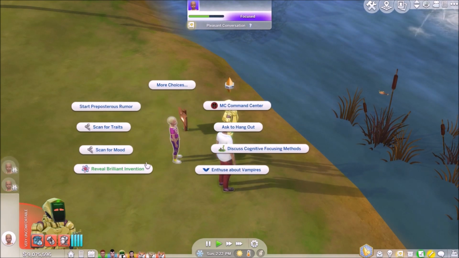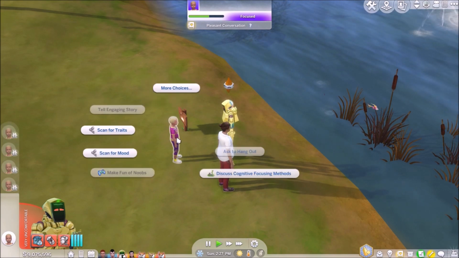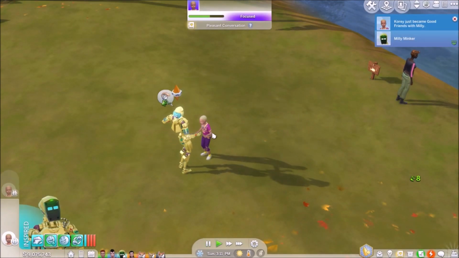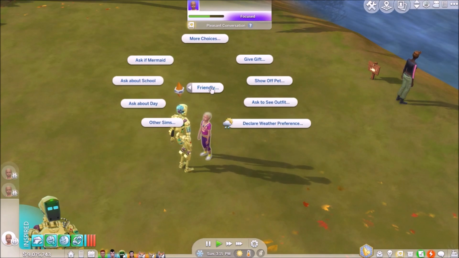Yeah, I don't know what that's about. Yeah, it's strange. I want to get the right height to take a picture of you, so let me just float off the ground and stretch my body. Yeah, they get to good friend status, but